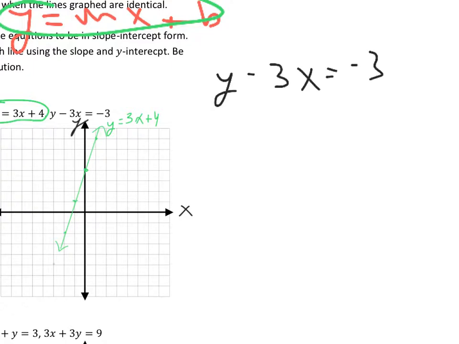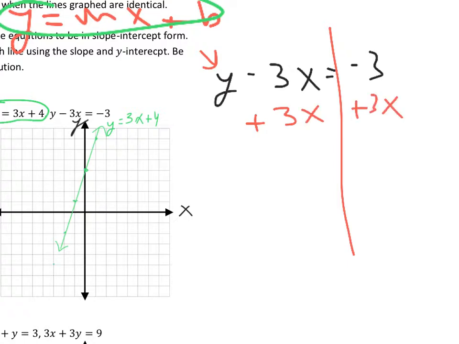This is not in slope-intercept form. Y is not alone. So this is the case where I'm going to drop the wall and solve. Well, I need y alone, so I'm going to go back to 6th grade and say, where's the variable? What's happening to it? Well, here's y. What's happening to it? It's being subtracted by 3x, so I must do the inverse operation and add 3x to